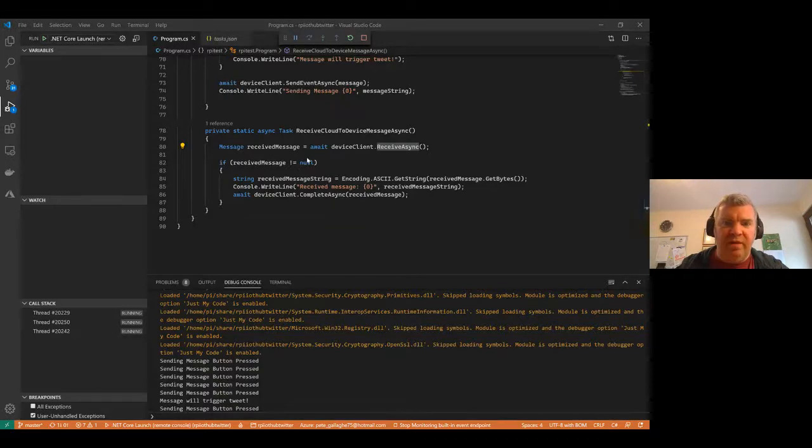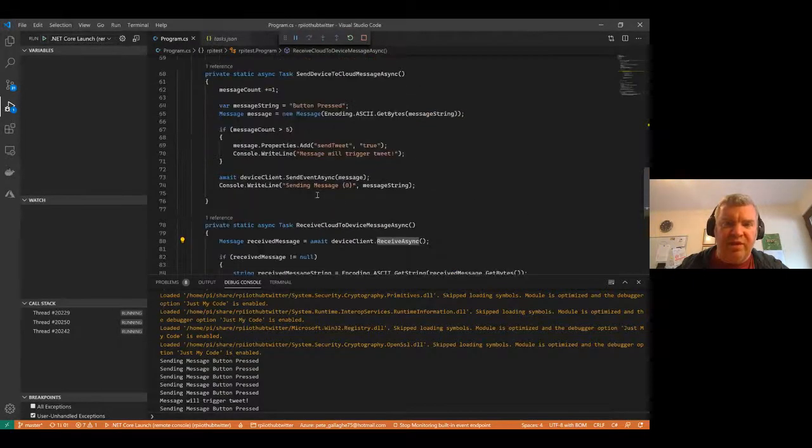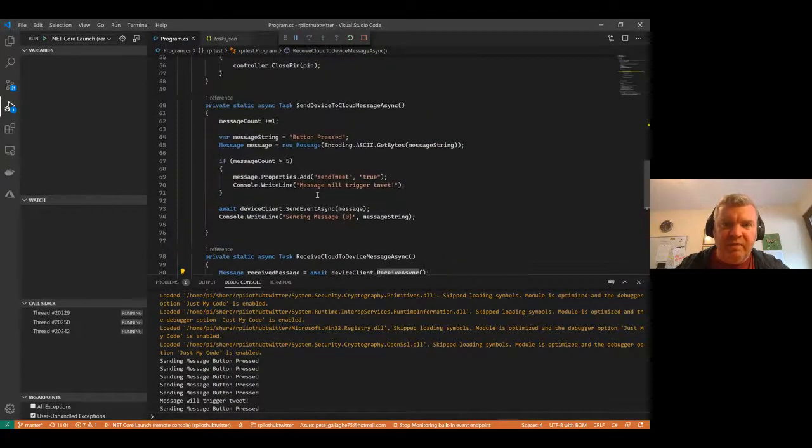Just, I know that I've not shared that screen yet, so don't worry. But you can see here my message count is greater than 5. I've added a property there called send tweet. So if I switch to, it's annoying, can't just switch screens while you're already presenting. So now you should see